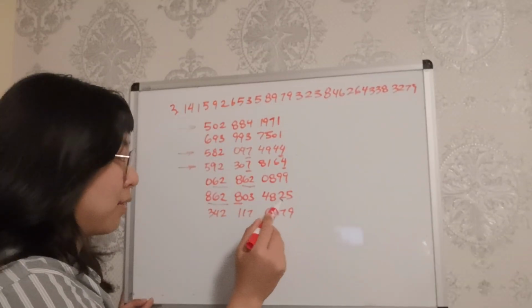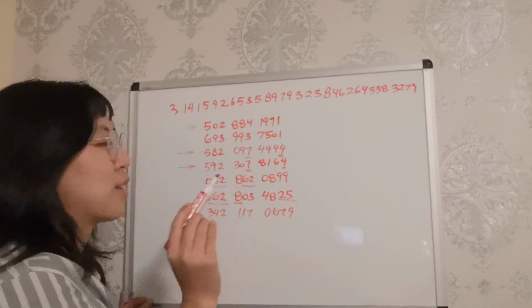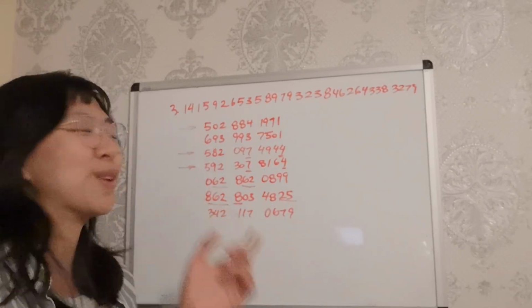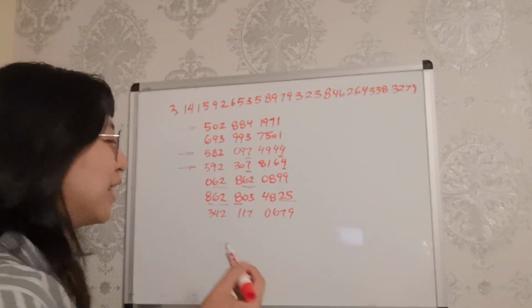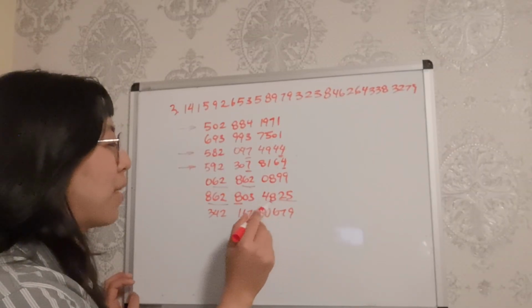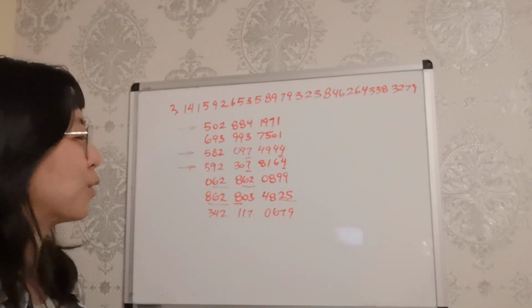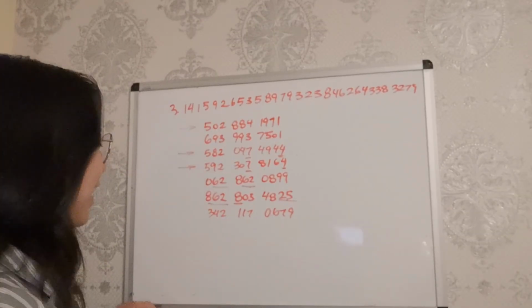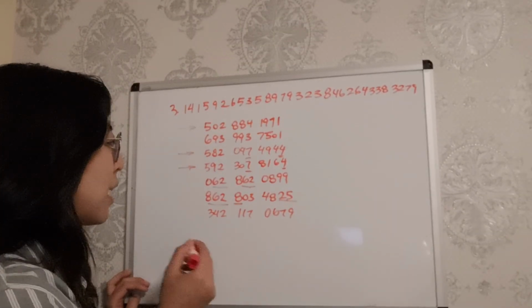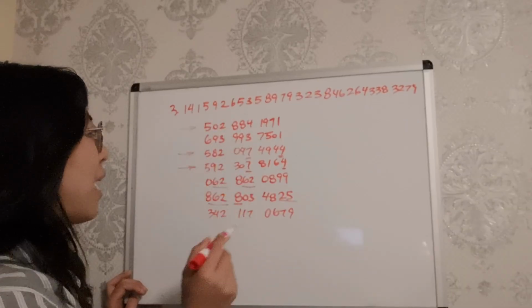And then 4825. 25 is another perfect square, and 48 is not a perfect square, but it looks like a clean number. It's a good clean number. So I associate 25 also with 48 because they're both two good clean numbers. And then this is, again, just recency. But that's all of the patterns that I have.